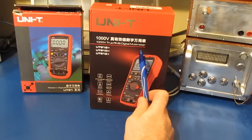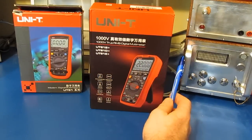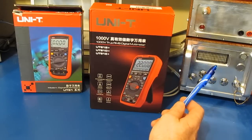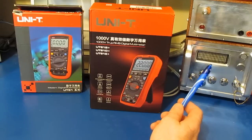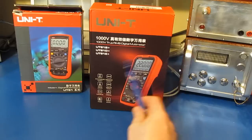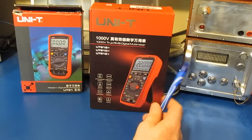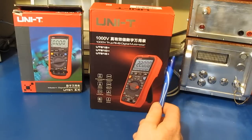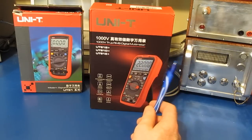There's been 8 unique ones that I've transient tested. Those include the UT90A, the 139C, the 15C, the 10A, the 20B, the UT61D, the 61E, and of course my favorite, the UNI-T UT181A. Although I've never run those across this transient generator, I've also purchased a couple of UT210